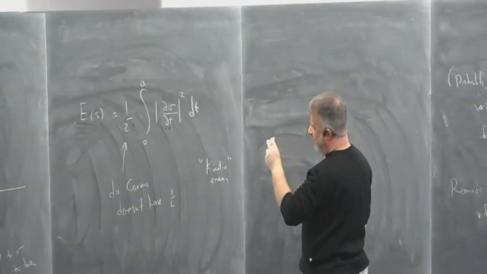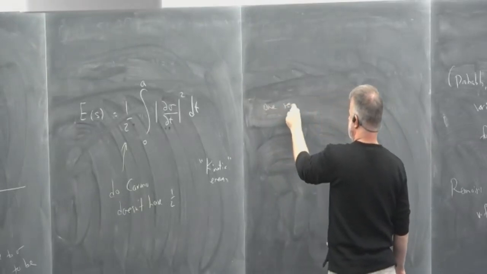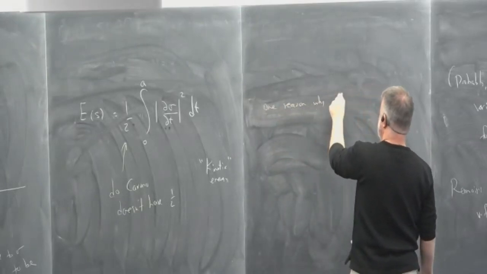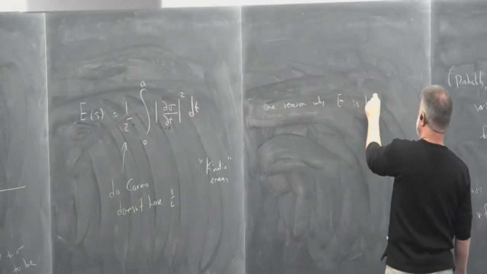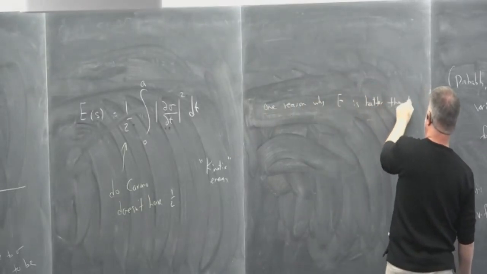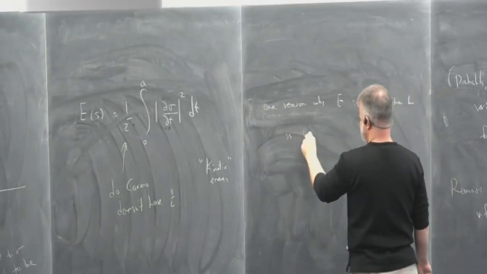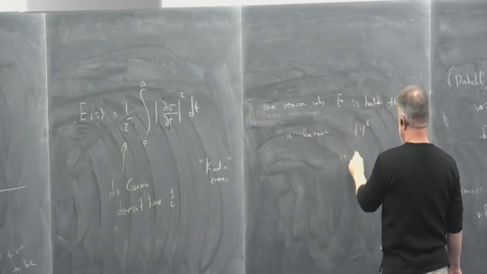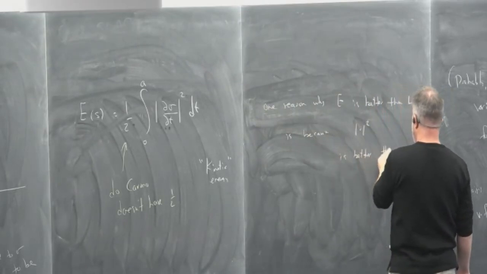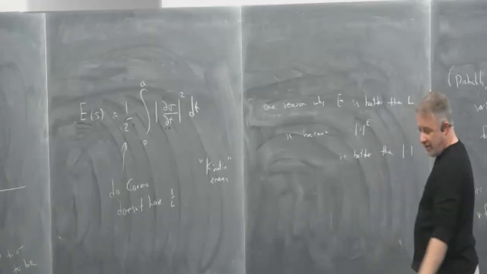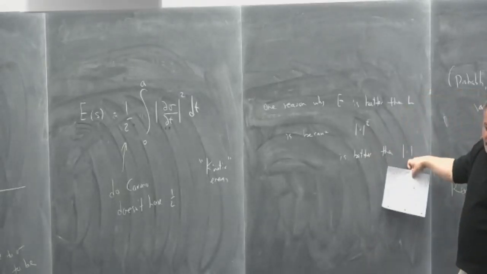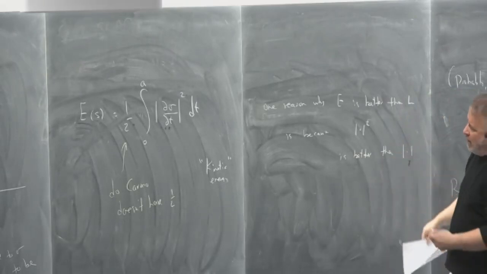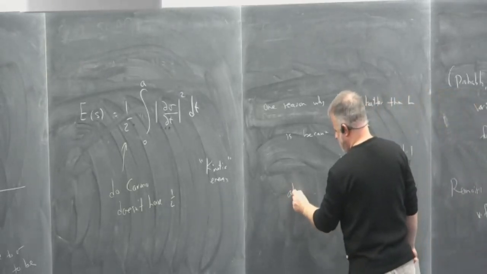One reason why the energy E is better than L is because the function norm squared is better than the norm, right? Because the norm squared is always smooth everywhere. The norm is continuous everywhere, but it fails to be smooth at the points where the norm vanishes, at 0. So that's one issue, but also